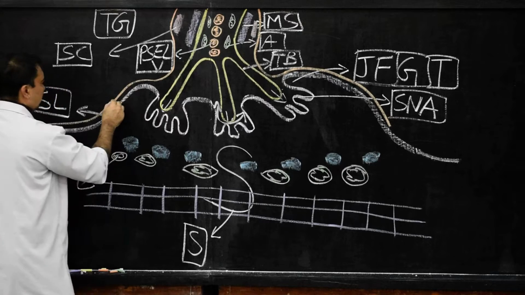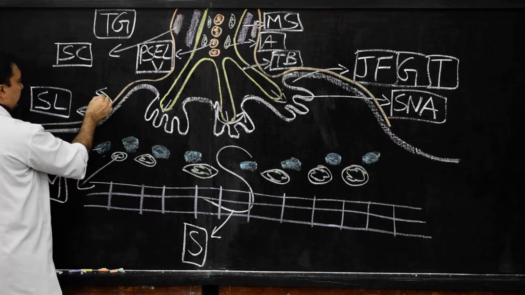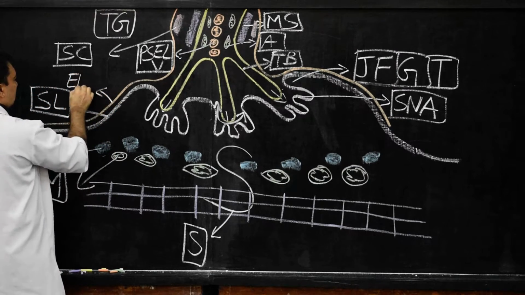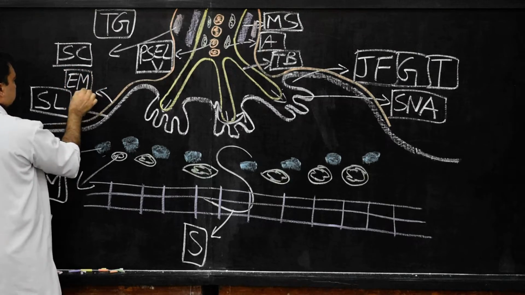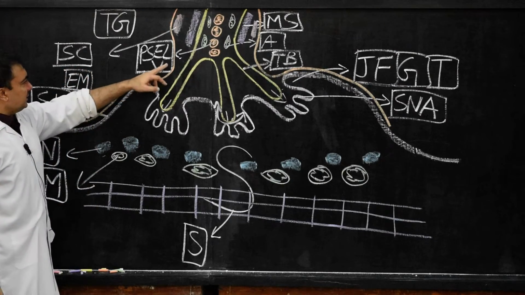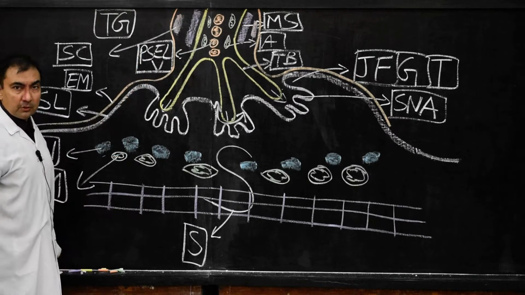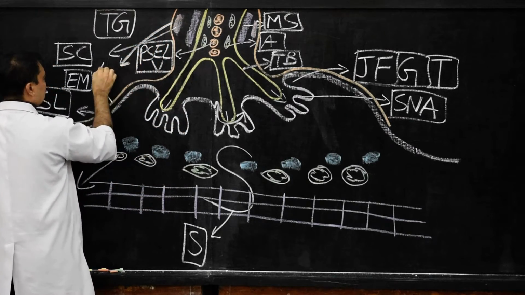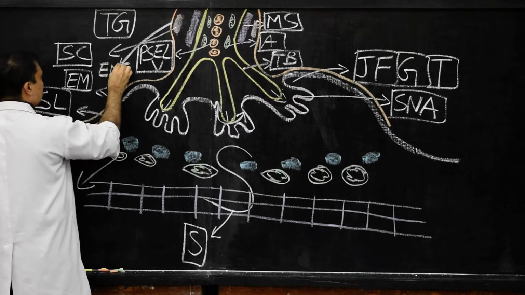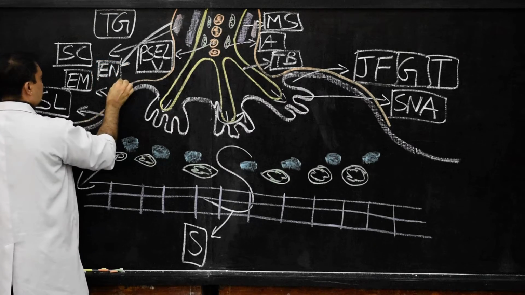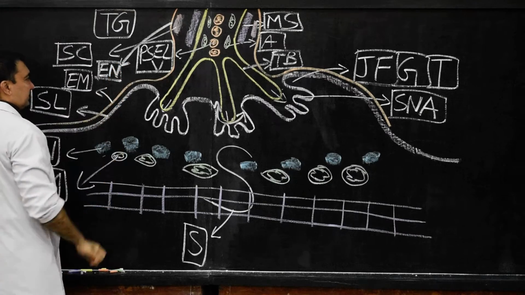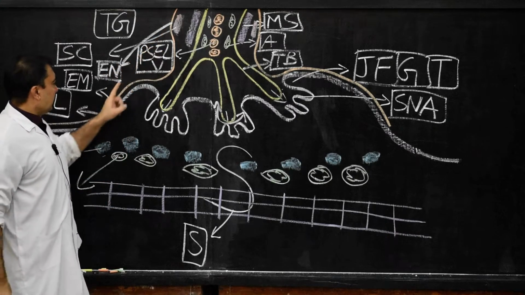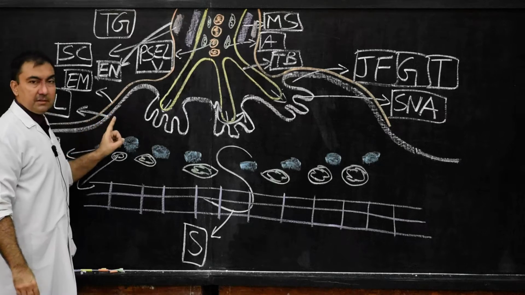So it is mandatory to mention the names of these two coverings. Please note down this covering, I will mention this as endomysium, the covering of a muscle fiber, continuous with the covering of the axon. Here, this covering of the axon, I will mention this as endoneurium. Please note down, endoneurium and endomysium, both of them are continuous with each other.